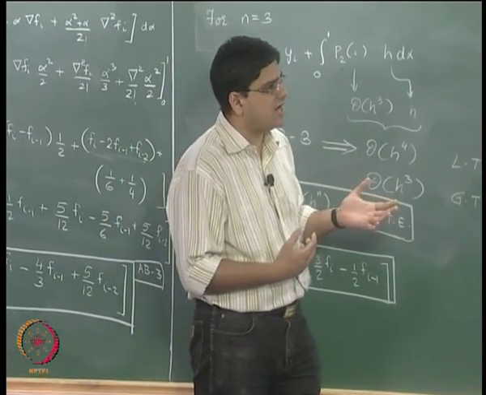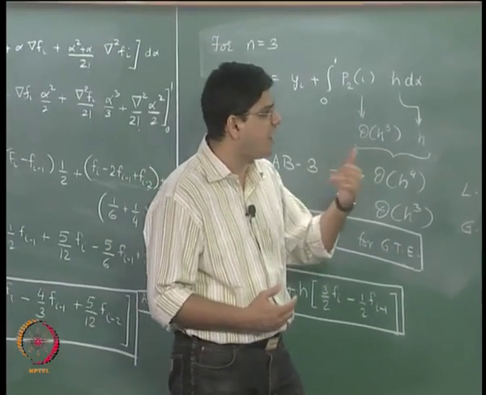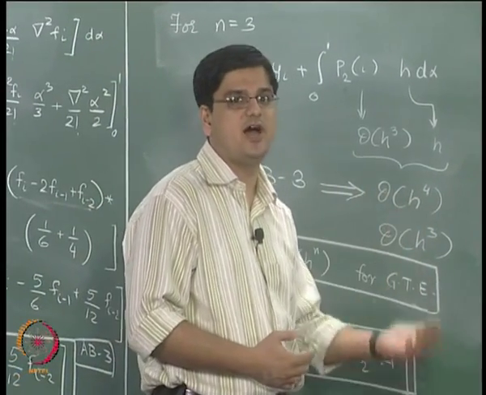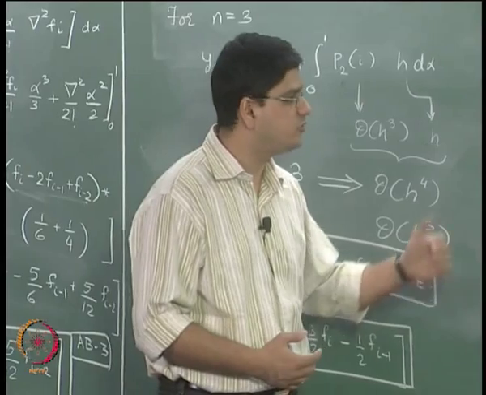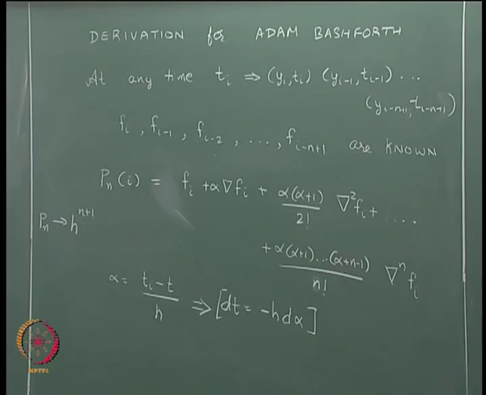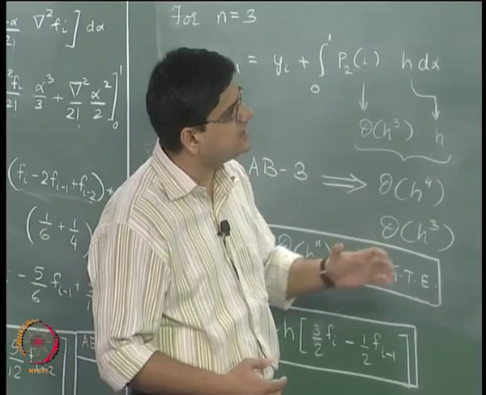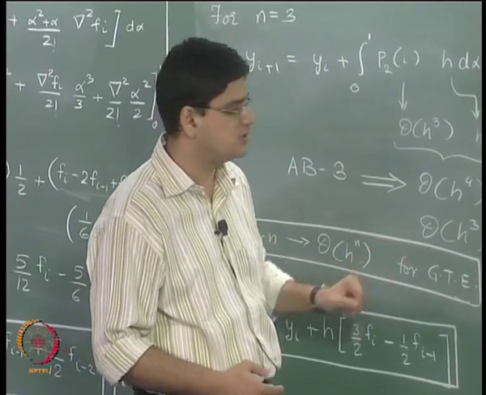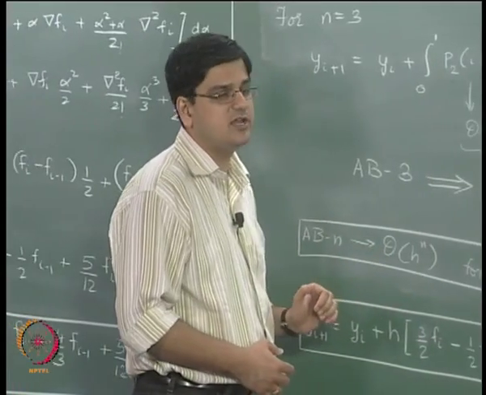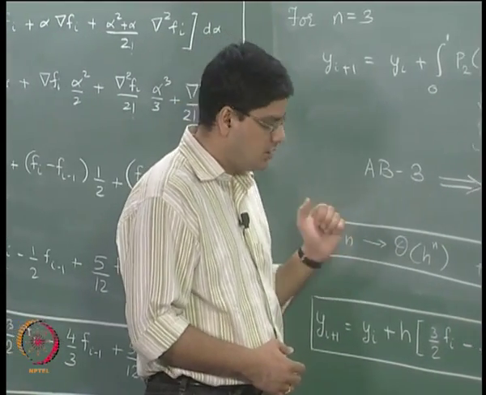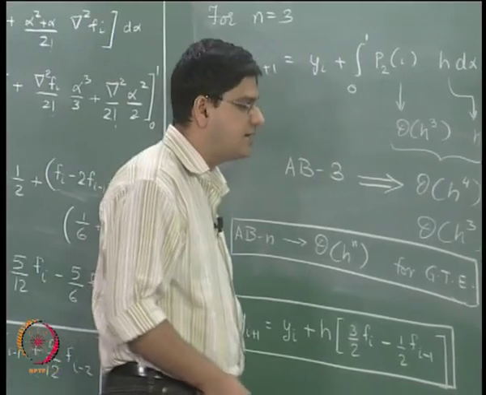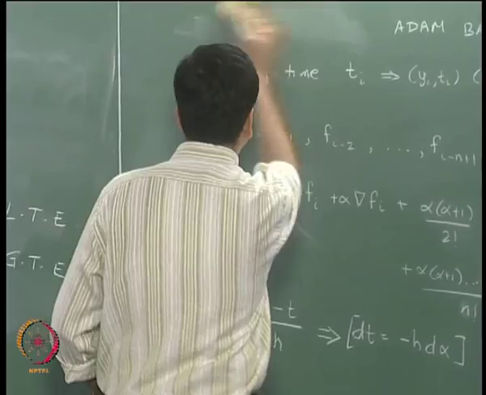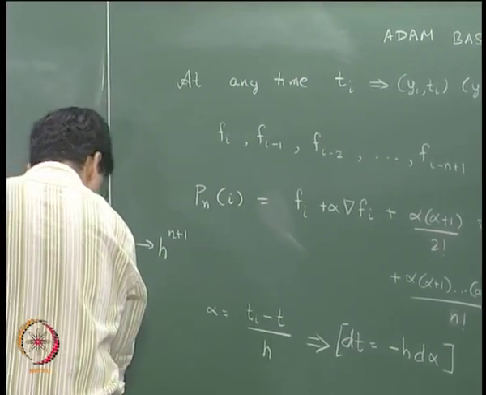So, in the first order Adam-Moulton's method we have f i plus 1 and f i. Second order Adam-Moulton's method, f i plus 1, f i, f i minus 1, so on and so forth. We fit an appropriate size polynomial and then proceed in exactly the same manner as we did for the Adam-Bashforth's method. Okay. I will not go over the derivation of the Adam-Moulton's method, but now I will talk about some practical issues in implementation of Adam-Bashforth's method, or in general for any of the multi-step methods.